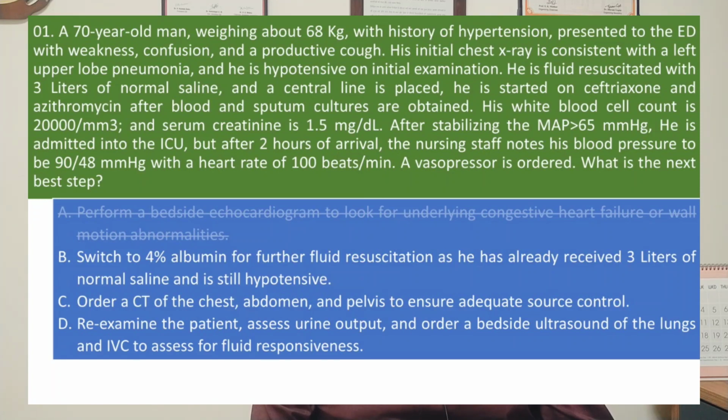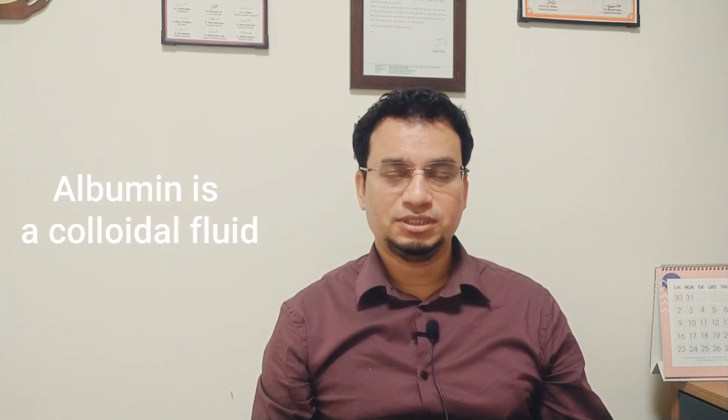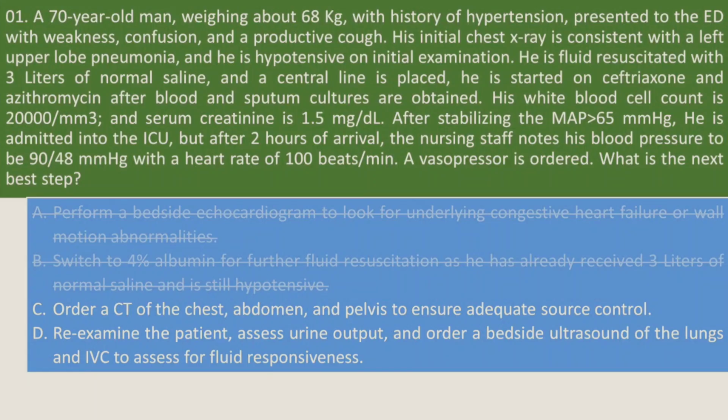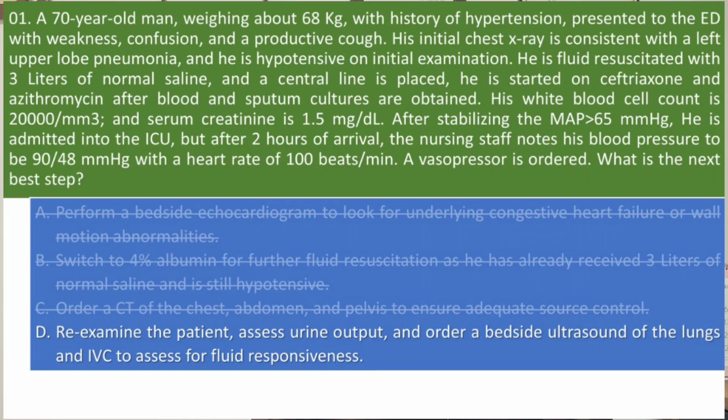Albumin is a colloid but may be administered if a large amount of crystalloid has already been given and failed to maintain the hemodynamics. So giving more fluid could cause more harm to the patient if it leads to pulmonary edema, for which we have to perform a lung ultrasound before giving fluids, looking for B lines which appear before oxygen saturation drops. So it is too early to think about a CT scan, and we have to clinically examine and assess the response to antibiotics and hemodynamic resuscitation.